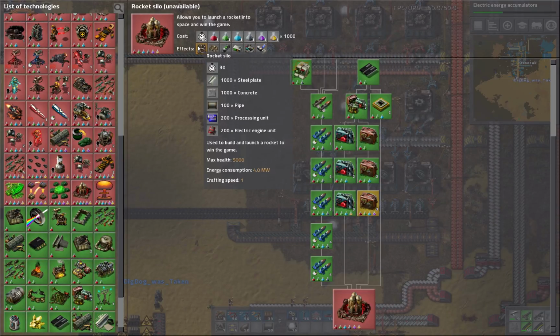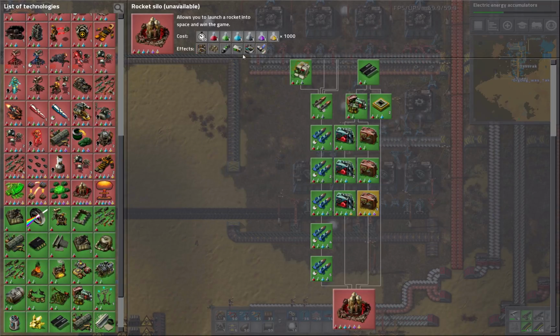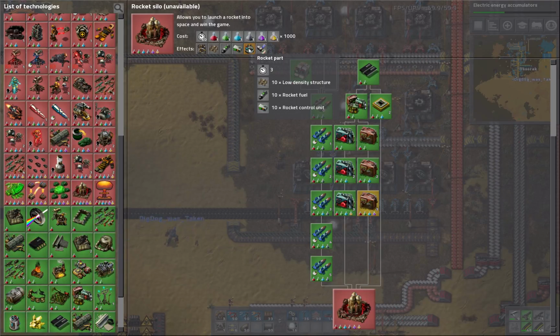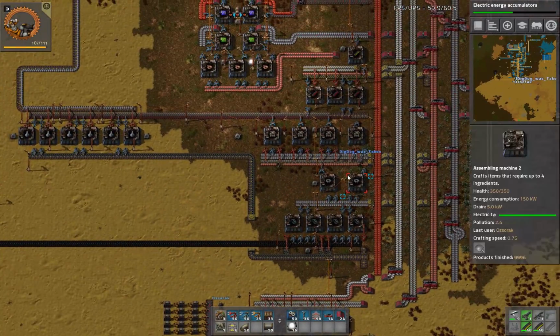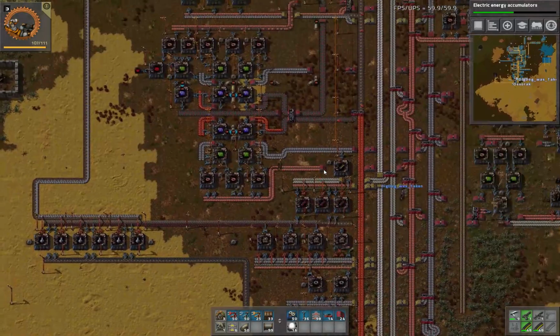The issue is the rockets. The rockets themselves use these rocket parts. That requires 10 for each rocket part. You need 100 parts. So that's 1,000 low density structures for one rocket. That's a lot of stuff. So the rocket control unit is a processing unit and a speed module. Well, we just happen to have right up here